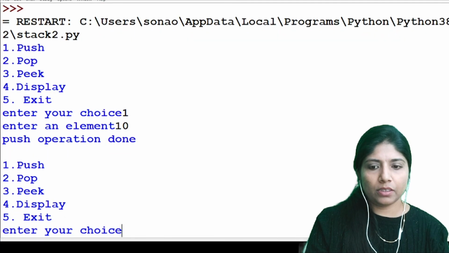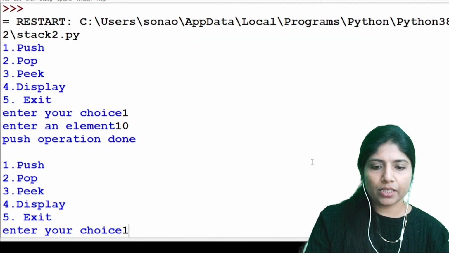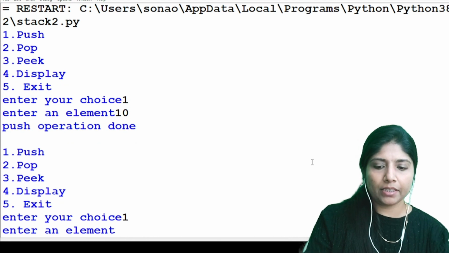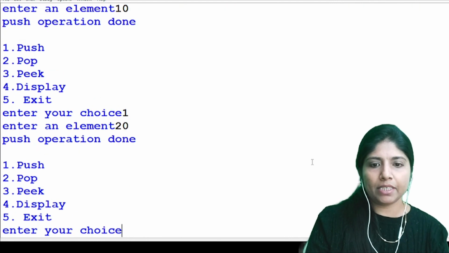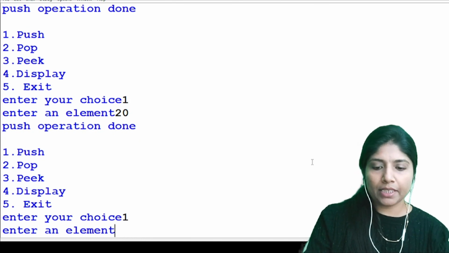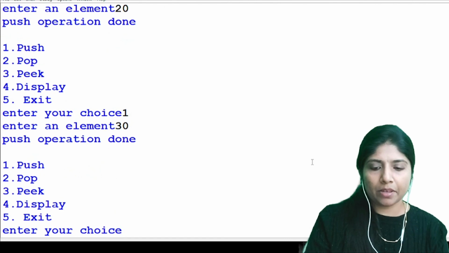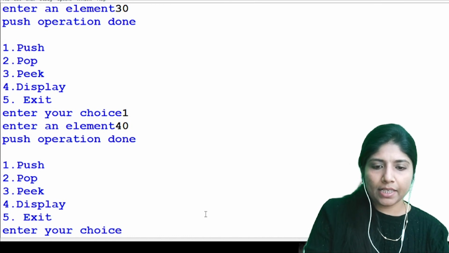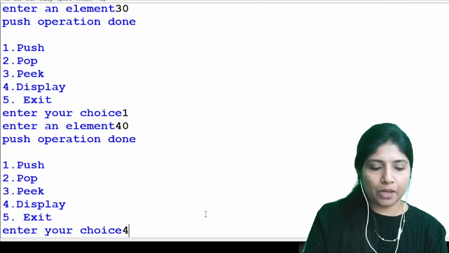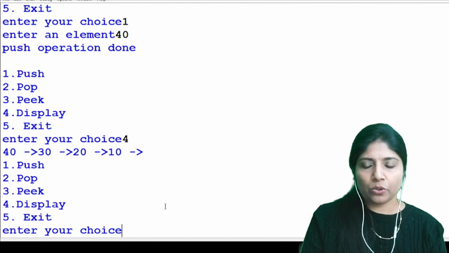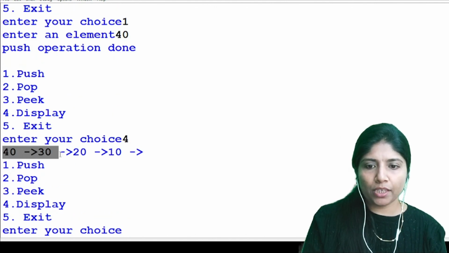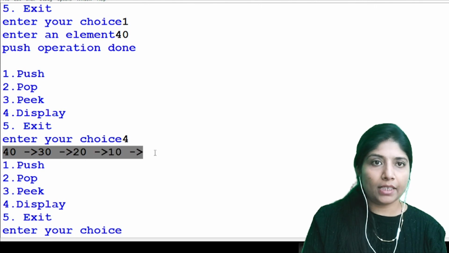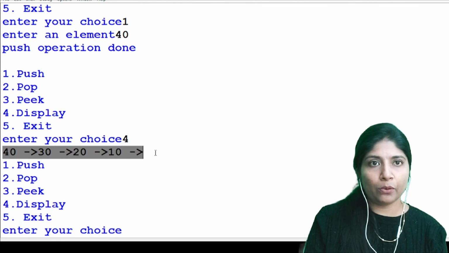So let us enter our next choice, that is again 1. I am entering 20 as the next element. I am getting the menu again. I am selecting 1 and I am entering the element 30 this time. I am selecting 1. I am entering the element 40 now. Now this time I want to see the elements in the list. So I am choosing the display, option number 4. So I got my display 40, 30, 20 and 10,